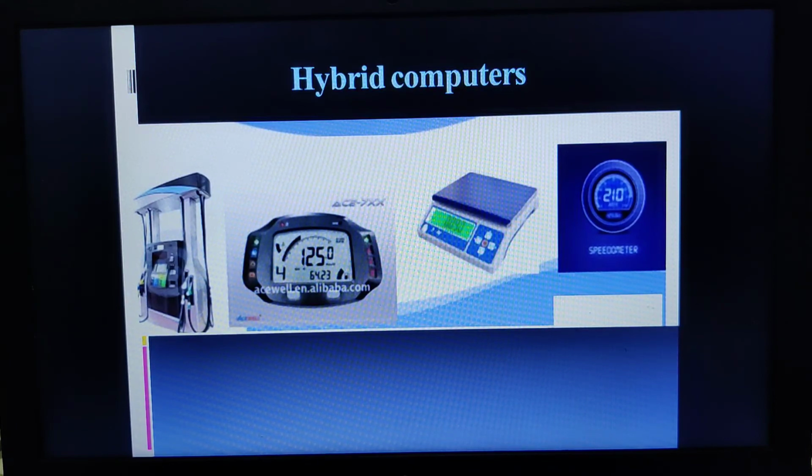Take the ECG, which usually measures heartbeat rate. When you see the ECG report, it is in the form of analog. But when you go to the doctor, they present you with the data in digital form, where you can get to know the heartbeat rate, what the normal heartbeat rate is, and how much the patient's heartbeat rate is. So the data is converted.